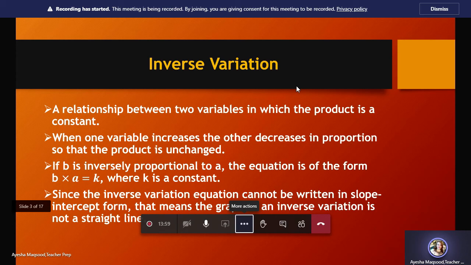Now if loaders are increased to 8, you can see that hours have been reduced to 1. You can see that there is a change of 2 hours every time. 2 loaders 4 hours, 4 loaders 2 hours, so the time has been reduced by 2 hours. Then when the loaders are increased to 8, the hours have been reduced to 1. So there is a change, but the change is according to a proportion.